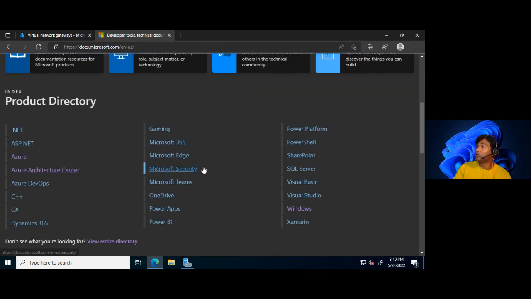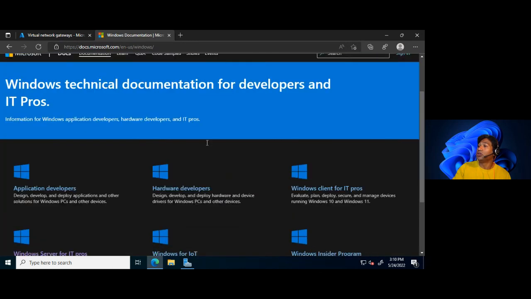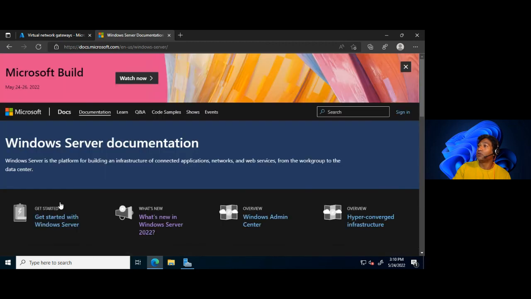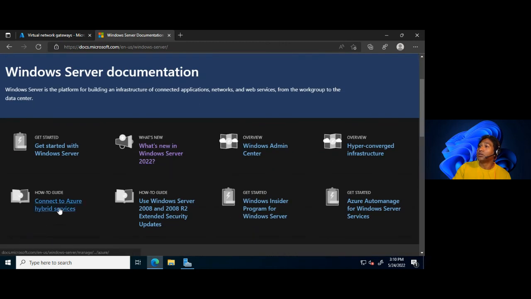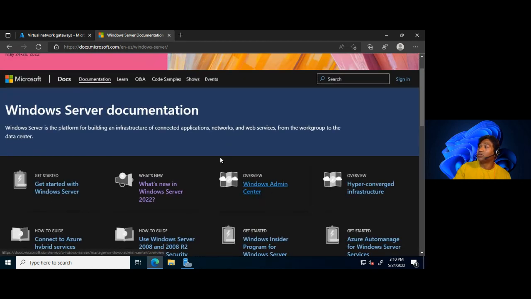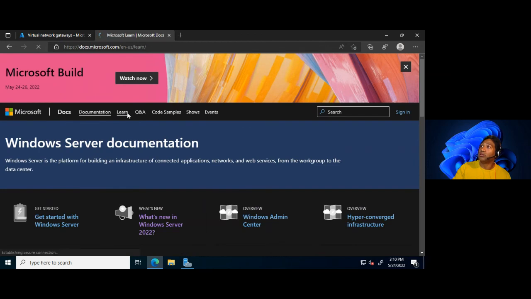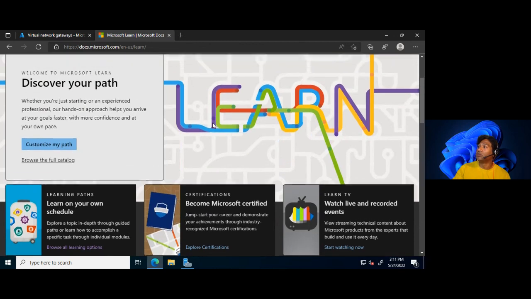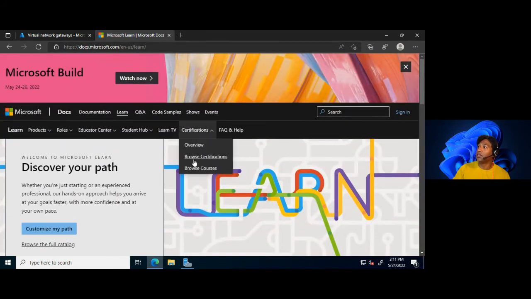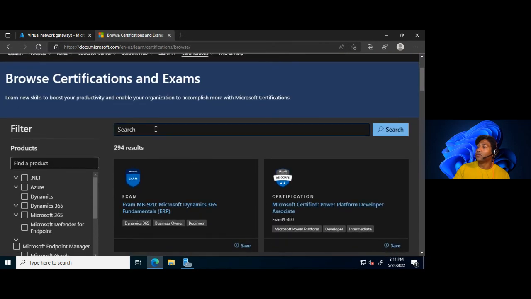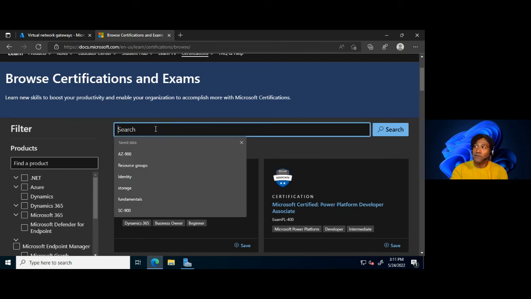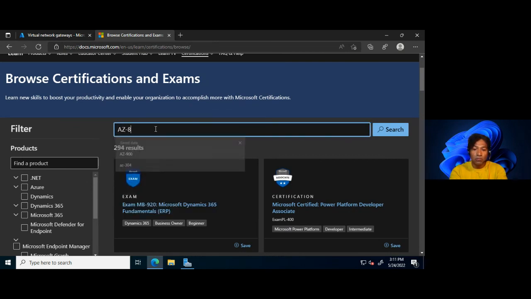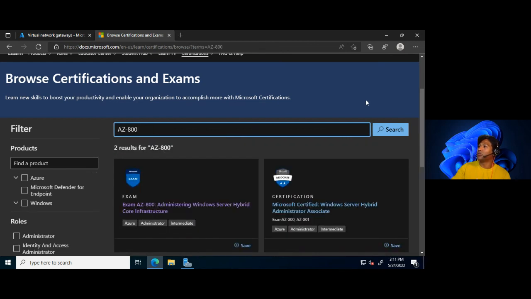You have Azure, you have Windows, and you can drill down to Windows Server, documentation, connecting Azure to a hybrid service where you can read up how to utilize Windows Admin Center. With Learn, there's modules that you can go and follow, create your own learning path. You also have the certifications that you can go and view and look up, for example, the AZ-800, and by